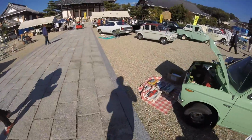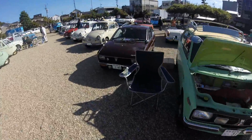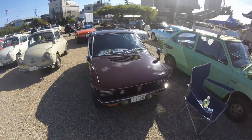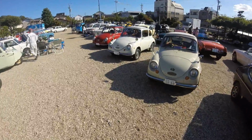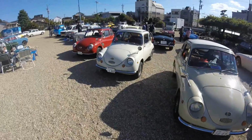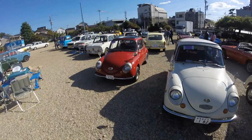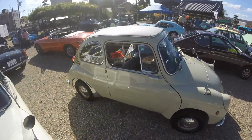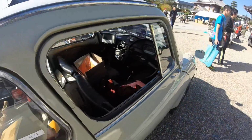The Suzuki Fronte, one of my personal favorites also. I really love that little thing. I prefer the coupe though. Sorry about that. Sorry about that. A crap load of Subaru 360s. You can see I did a review a few weeks ago of the car. It's something to try. I liked it, but the one I was driving was not exactly in perfect condition, so...